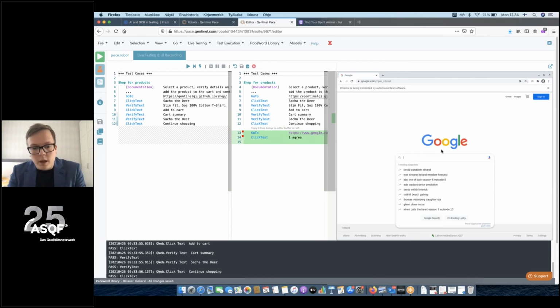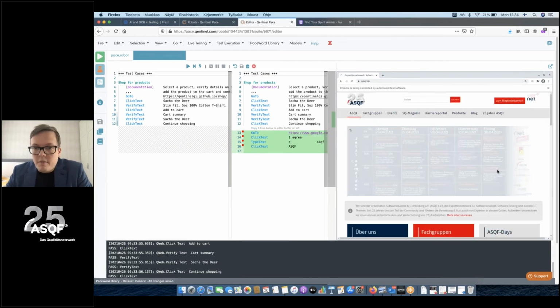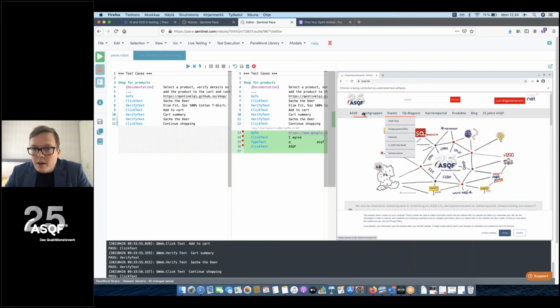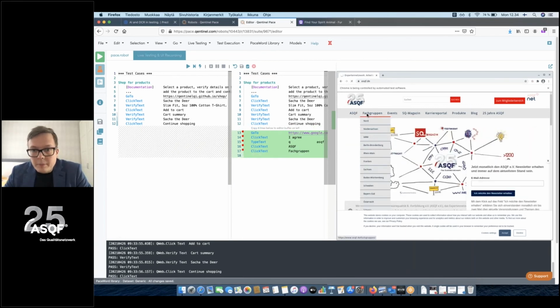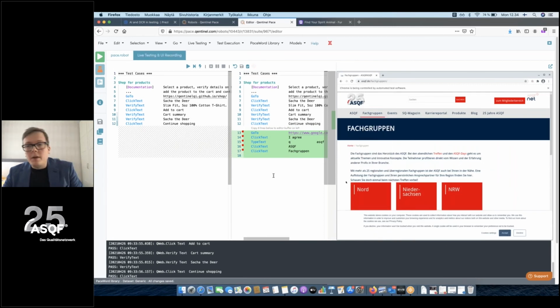We are looking for ASQF, for example. Type text to field Q, that's that identifier that Google uses there. And we can go into the ASQF, click text ASQF, it finds this page. And when we click on any of these, for example, we can quickly navigate there and it saves that file in there. Then we can, of course, put in visual reference images.